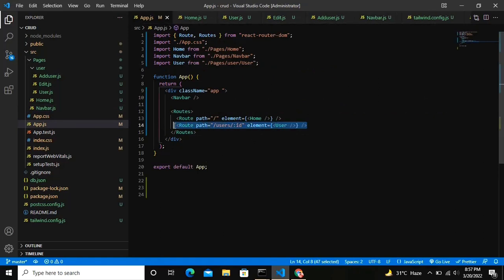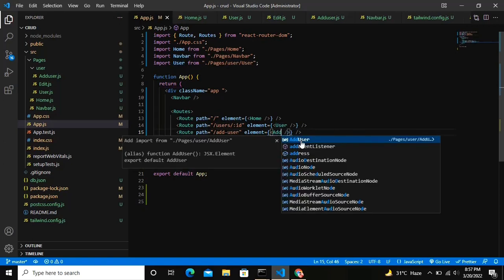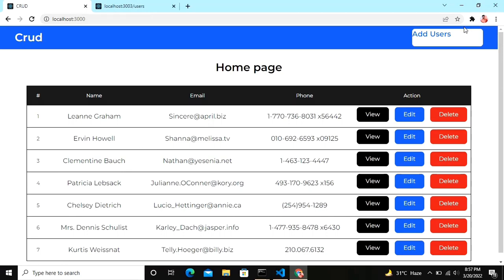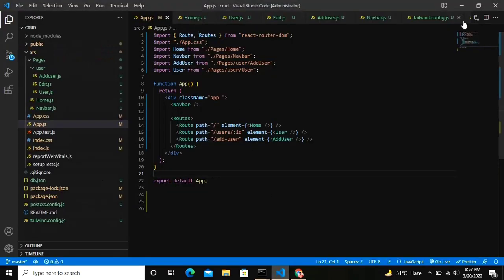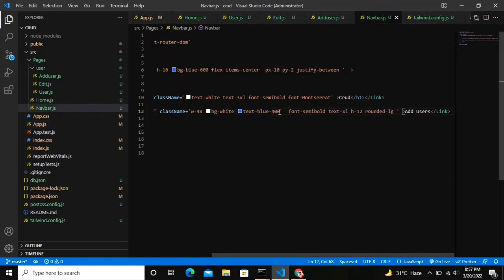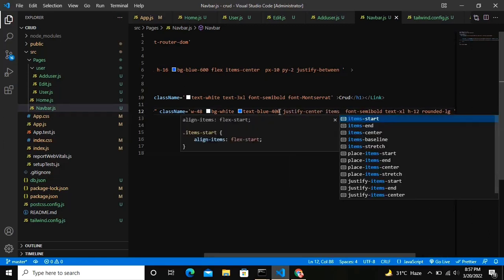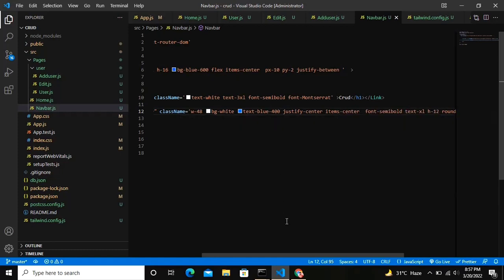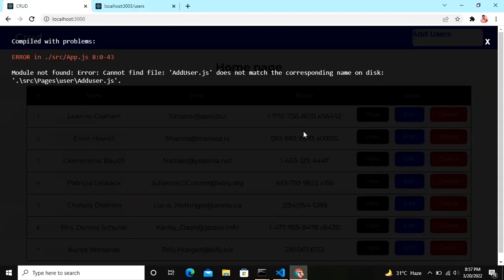I'll define it. Just wait a second. Since it was a button, it was automatically sending the text to the center, but